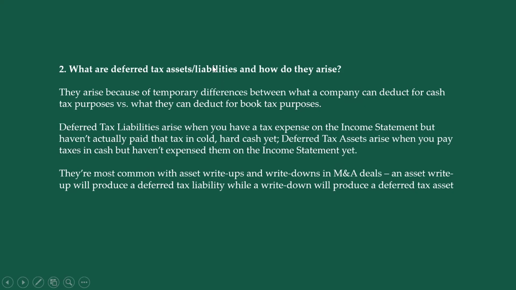But in practice, we cannot say no to the government. We actually have to pay whatever the government is asking, but we record those numbers. The basic idea is you have paid extra here, you have paid less there. So this will create a liability and this will create an asset. But if the government is asking for the money, you actually have to pay it. That's a different thing, and we will discuss it. Let's not get confused.